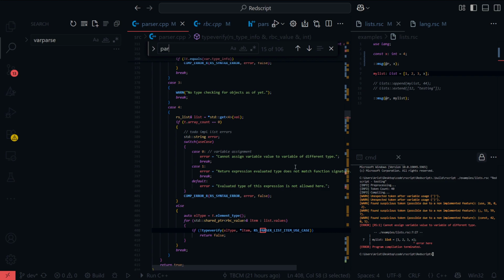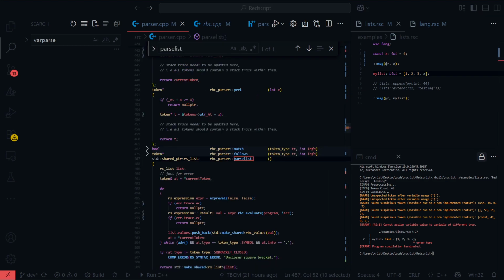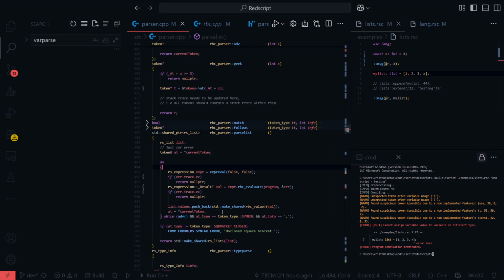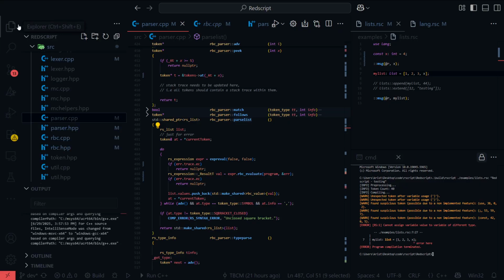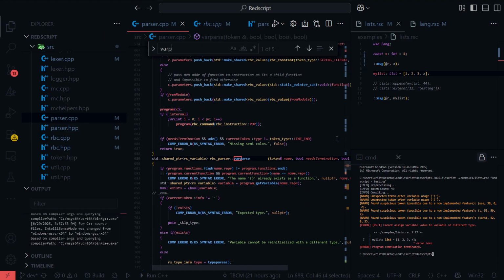If I go to parse list, do I type verify? No, but what I do is I go to var parse,